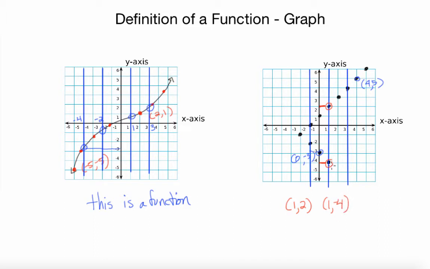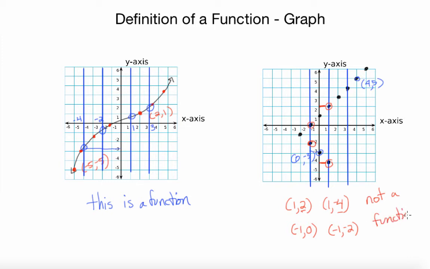Since the line crosses at two points, those are two different outputs, 2 and -4. There's another one where it crosses twice, right there and there. If x is -1, I get an output of 0, and if x is -1, I also get an output of -2. So again, clearly this is not a function